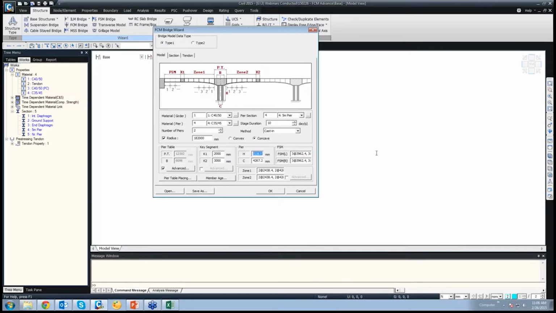The height of the pier we are keeping as 20 meters. The fully supported method, on the fully supported span on the left edge.